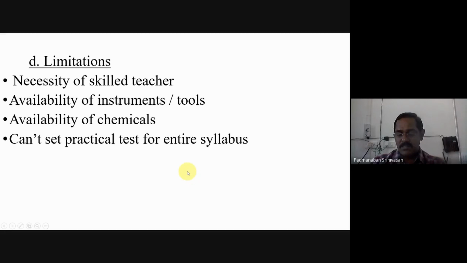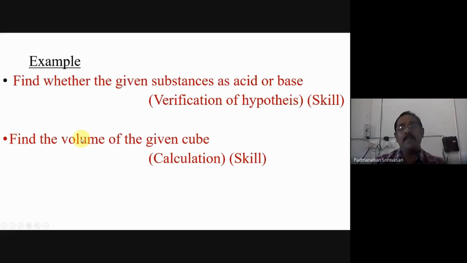The fourth one is the limitation. And these are the two examples. I hope like this you will be writing all questions. The question should be there, followed by SIO, followed by GAO in brackets. Find whether the given substance is an acid or a base. So I have to correct this. Given substance is singular. Find whether the given substance is an acid or a base.